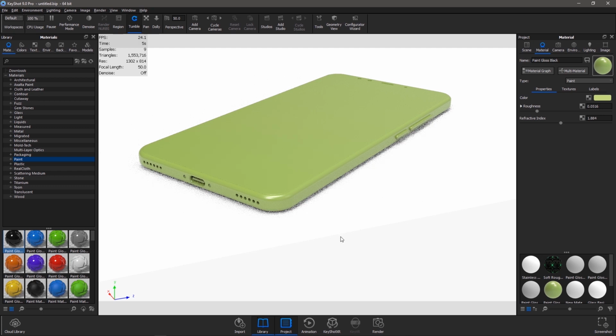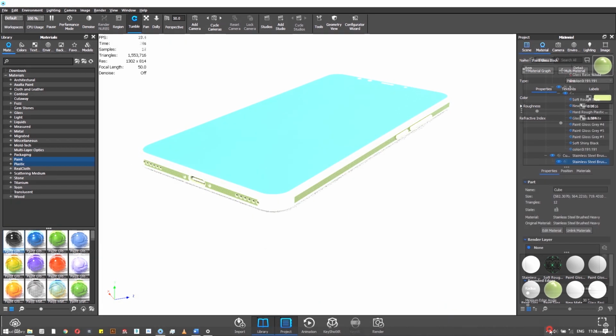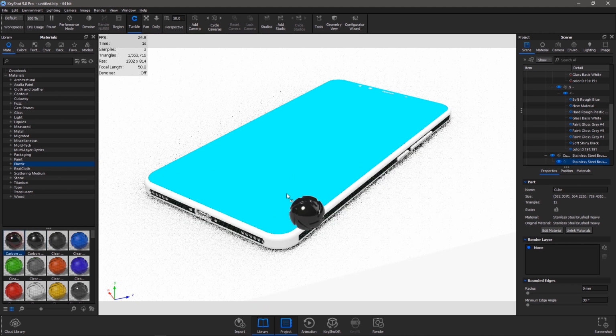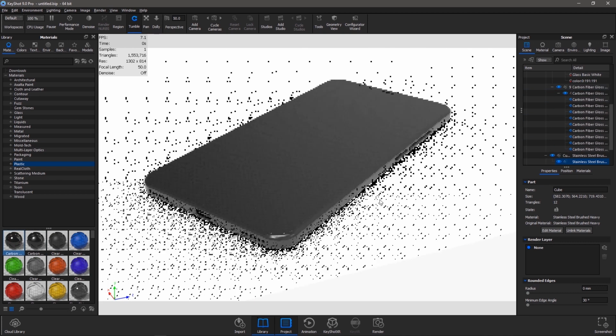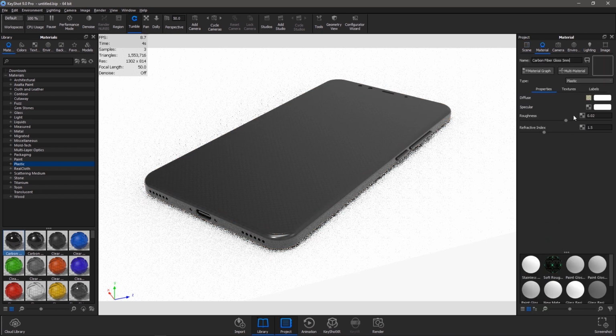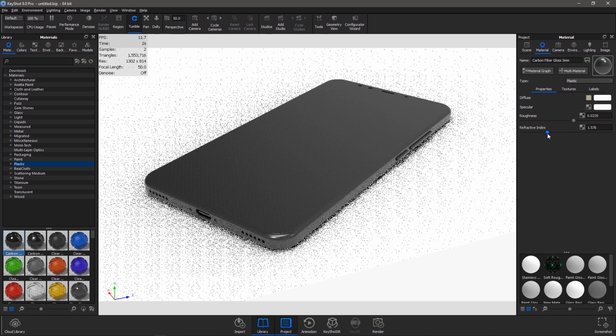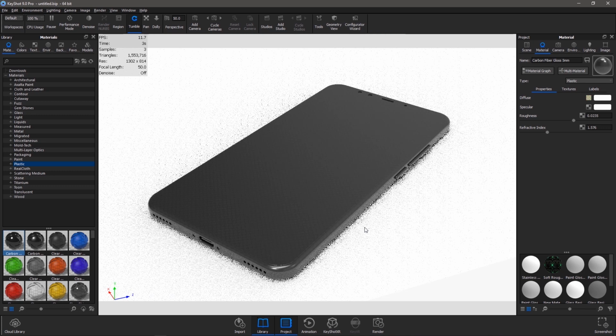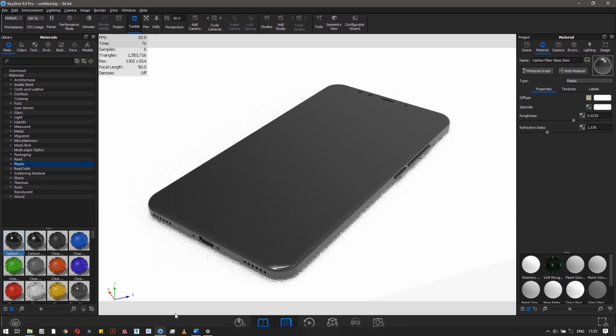Let's move on to next material type, that is plastic. You can create simple plastic material with itself. This is a very versatile material type that is used for anything from concrete to woods. The parameters that we can tweak are diffuse, specular, roughness, and refractive index. The default value of 1.5 is accurate for most of the plastics. We have already discussed these material properties, so let's go to the next type.